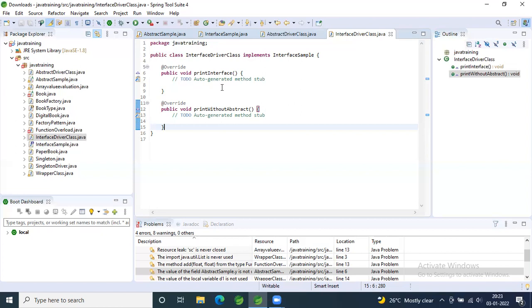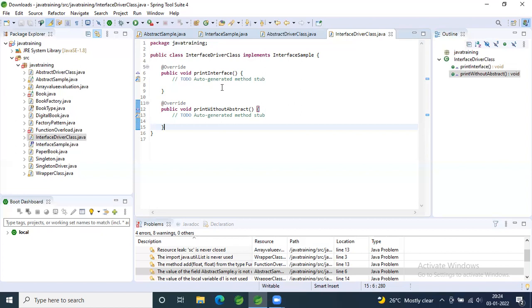Methods with a body, we cannot have in an interface. Till Java 7, we don't have that feature. But post Java 8, we have received a feature on that, so we'll see that when we come into Java 8. But right now, the concrete methods are available only in your abstract class and not in your interfaces. And you can have your concrete methods in the relevant child class.